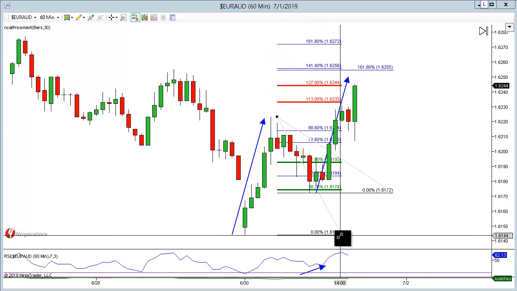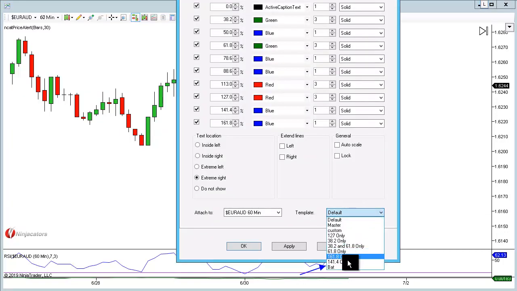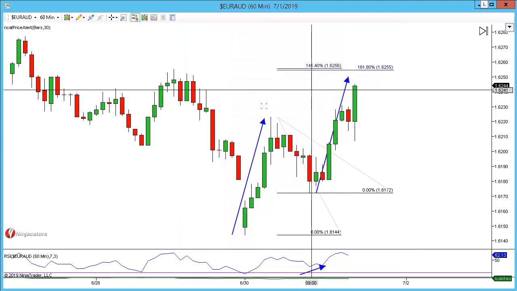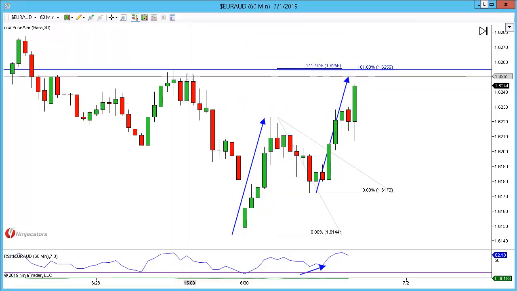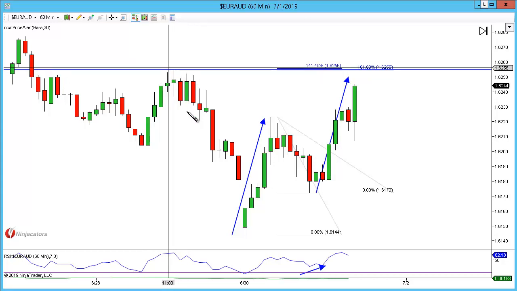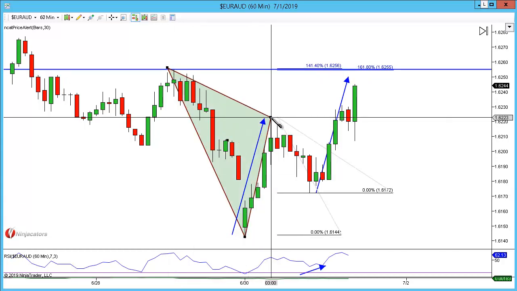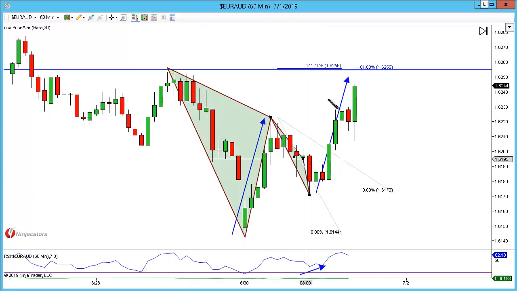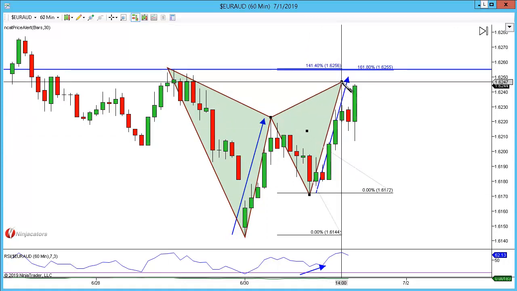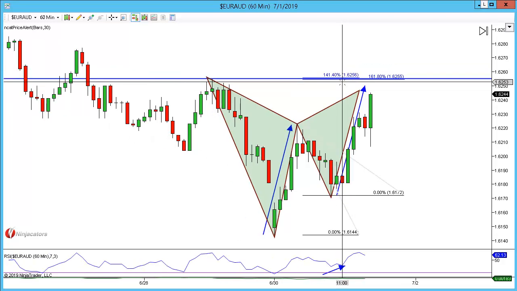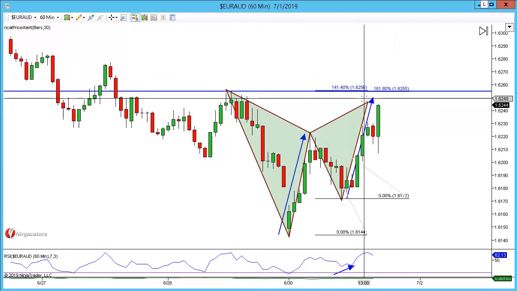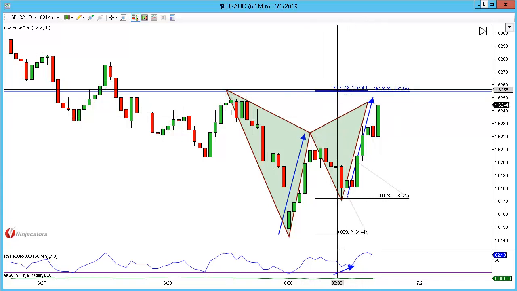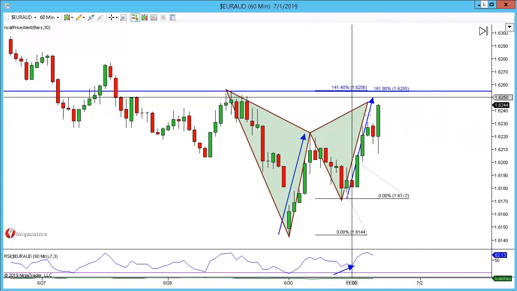And then a 1414, which is virtually right on the line as well of this zone, which just so happens to come into the top of our structure level. And we also have X to A to B, B to C, and a CD completion around this point. However, I'm not going to trade the pattern. I'm going to wait for the completion of this complex pullback, and also for the 1414 and the 1618 to